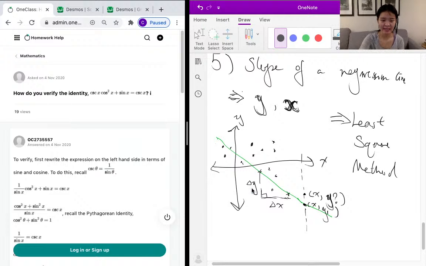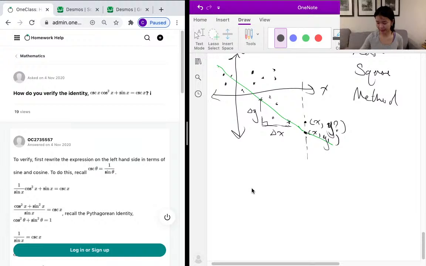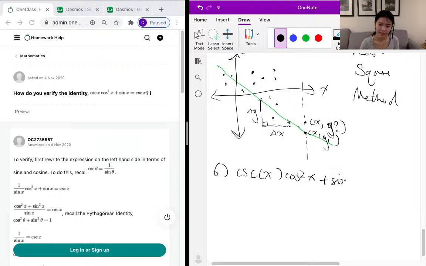Our next problem asks us, how do we verify the trig identity cosecant x cos squared x plus sin x equals cosecant of x? So this is actually a verification problem, and when someone asks you to verify something, you start at the left side of the equation. So in this case, we'll start with cosecant of x cos squared x plus sin x,